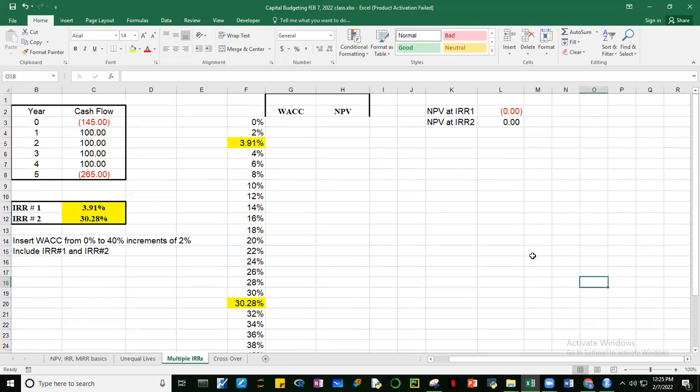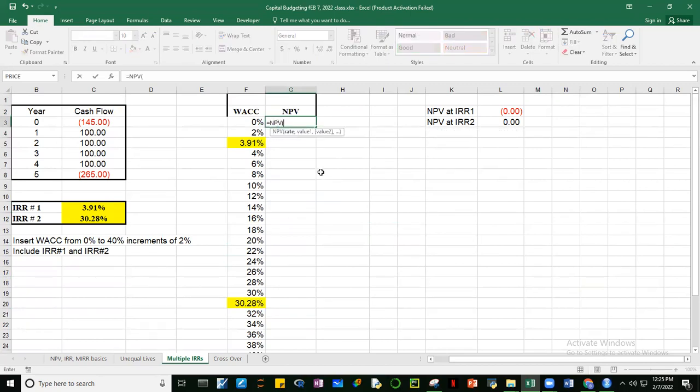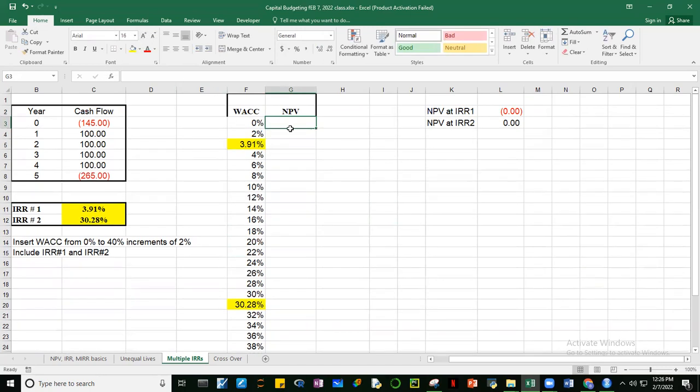All right, so we can now compute guys for the, sorry. Mali galaw ko to dito. Ito yung WACC natin, tapos ito yung NPV natin, no? So let's compute for the NPV. Let me increase the font. So this is equal to NPV. All right. Rate natin will be this one. So papakompute natin yung mga NPVs based on the following rates, comma, values natin, di ba ito? Then yung values natin. Then we have to fix that.